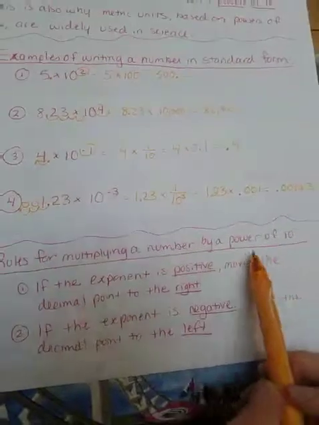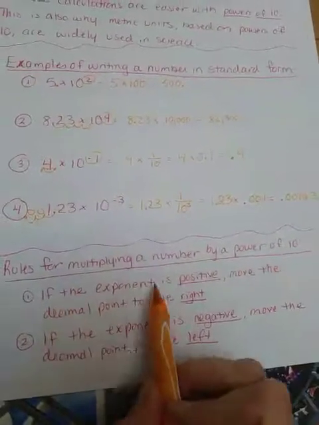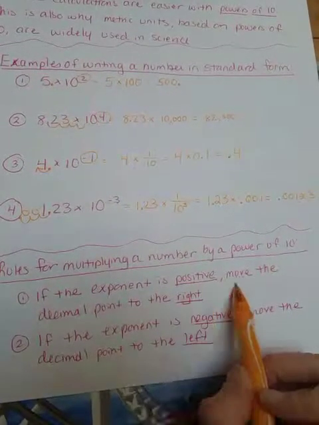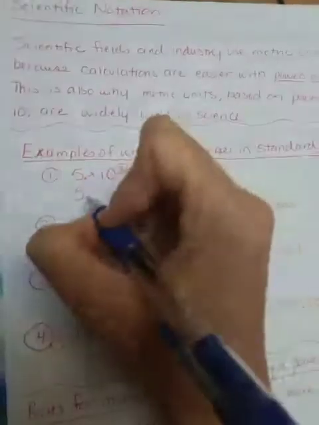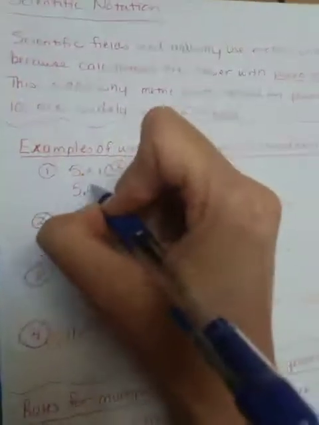Rules for multiplying a number by a power of 10. If the exponent is positive, move the decimal point to the right. So let's go back and show you really quick how you would do 1 and 2 without really any work. My exponent of 10 is positive. It's a 2. So that means I move it to the right 2 spots. So I have 5. The decimal spot is there. I have to move it 2 to the right to get